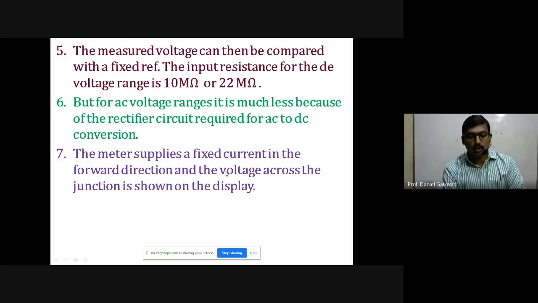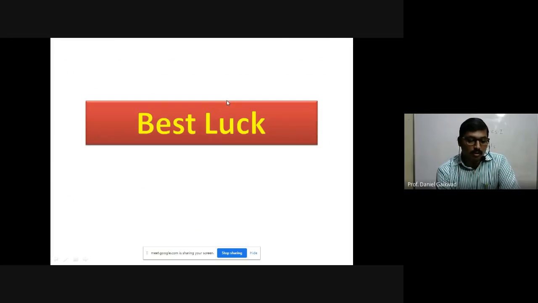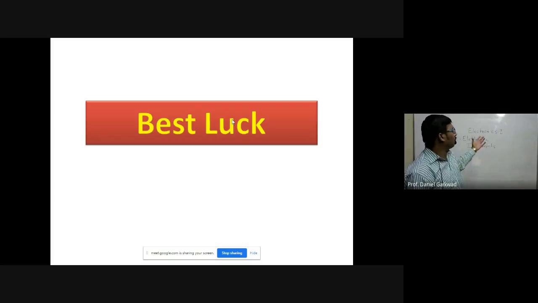If the voltage is properly shown, then the transistor will be in working condition. Otherwise, if there is a mismatch with the given reference figures, then there may be damage to the transistor here. So these are the methods to measure diode and transistor. And before that we already discussed current, voltage and resistance measurement using a digital multimeter. So here we have finished the chapter of electronic instruments, that is the first chapter from the syllabus of electronics paper number first here.